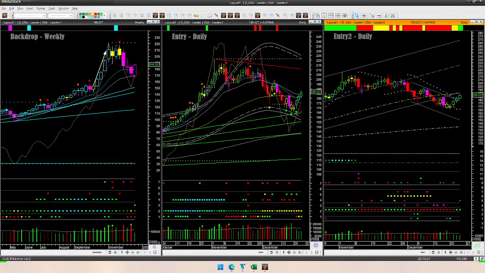After the sharp up move in the weekly and daily, we see a series of candles with upper tails, indecision-shaped candles. The color changed to yellow, three in a row. Remember, earlier we had only one yellow candle in the daily in this long up move. Then we had a bear release signal, and for the first time in a very long time the traffic light candle color turned red.